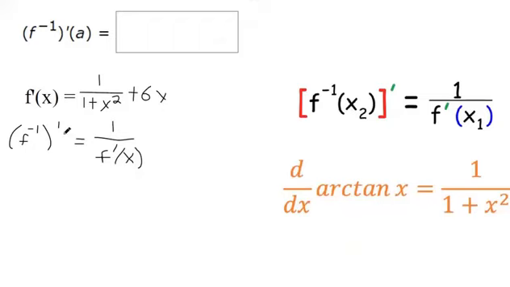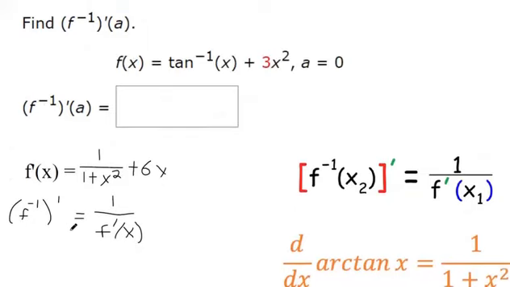So since we're evaluating at a equals 0, it's like we're plugging in 0 where a is, right? So we're evaluating this whole thing at 0 for x. Instead of saying the derivative of f at 0, at x we can put in a 0 in its place because it's no longer a variable. So the derivative of f at 0